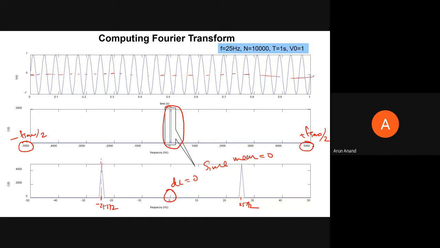The line width should be equal to 0. But now you can see components from maybe like 24 hertz to 26 hertz with the peak at 25 hertz. Clear? So there is a broadening of the line. Ideally, you are expecting just a line like this, but instead of the line, what you are getting is a broadened line. Clear? You get what I am saying so far? So I'll explain why it is so.